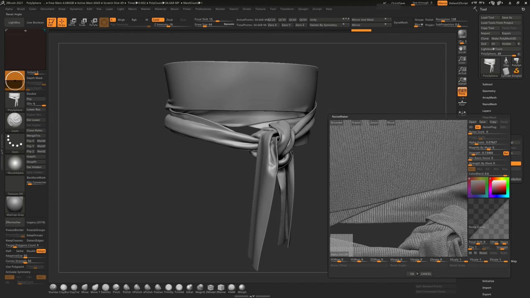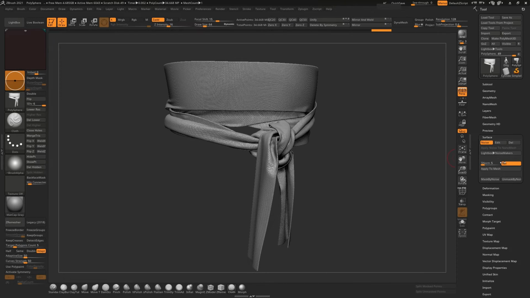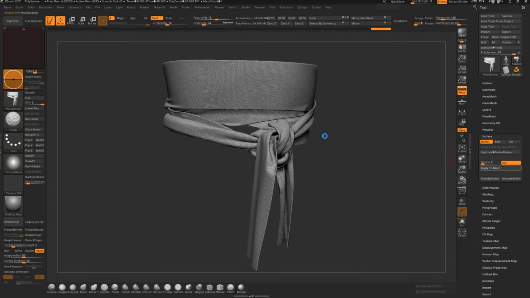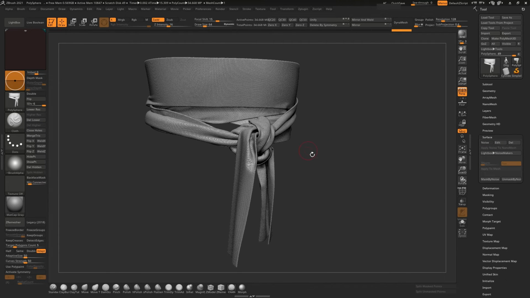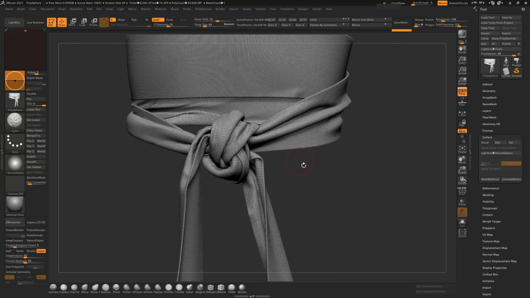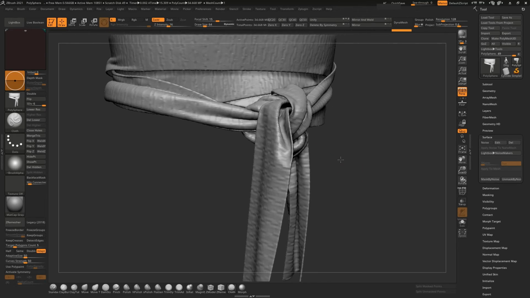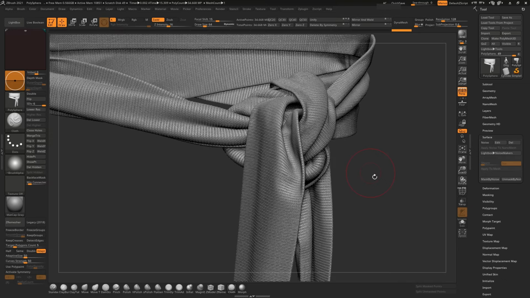Okay, that's good. And okay, and I'll just apply this to the mesh. Again, this may take a while depending on your PC. Okay, yeah, so there you go,